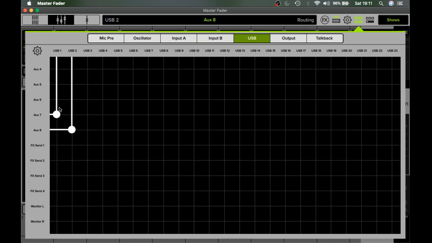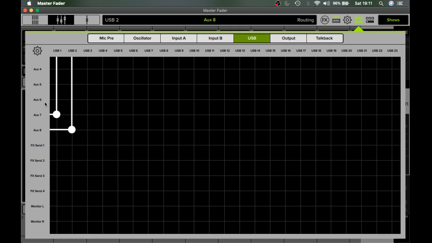I don't understand why. But all I know is USB 1 and 2 are the two channels that go out of your actual physical mixer. So when you plug something into that USB port, what's coming out of there is USB 1 and 2. So what we want to do is send a full mix of as many channels and as many settings and options as we want out of USB 1 and 2, left and right,